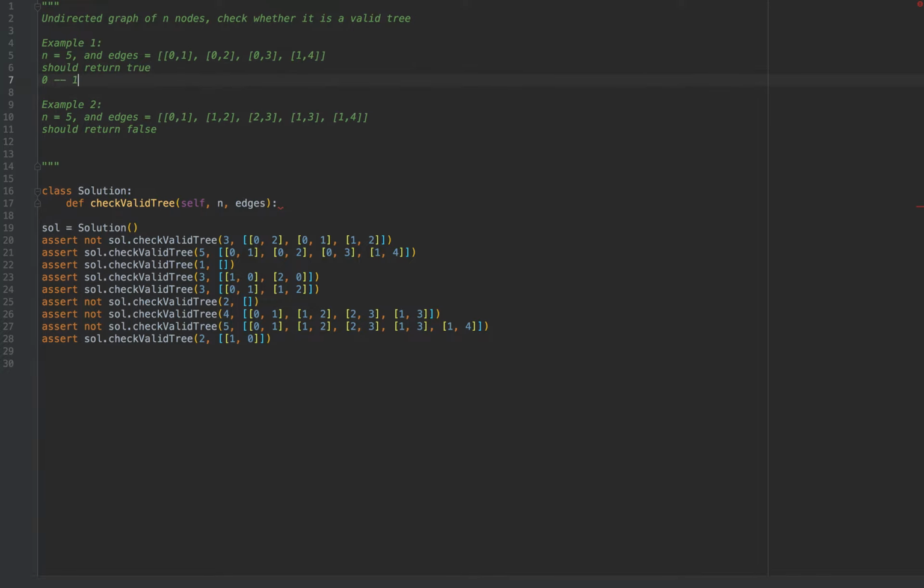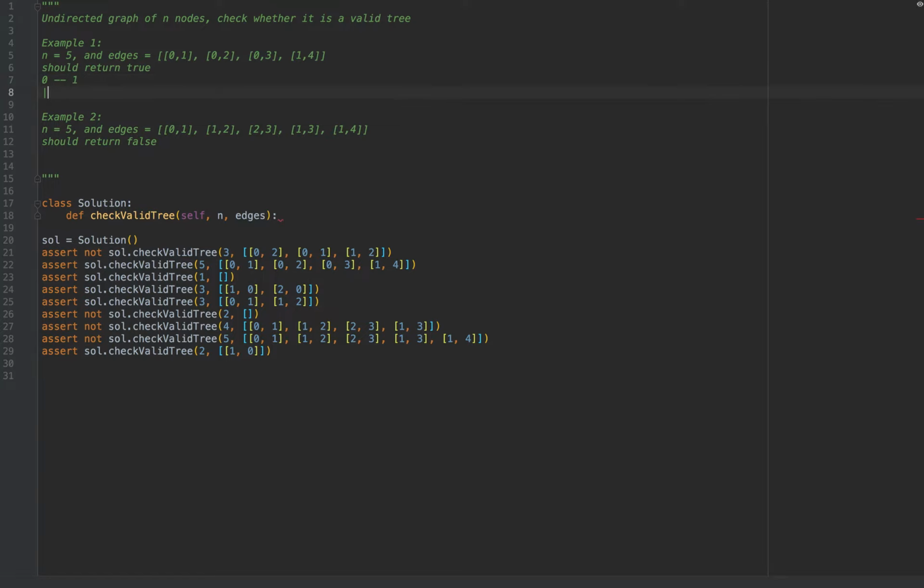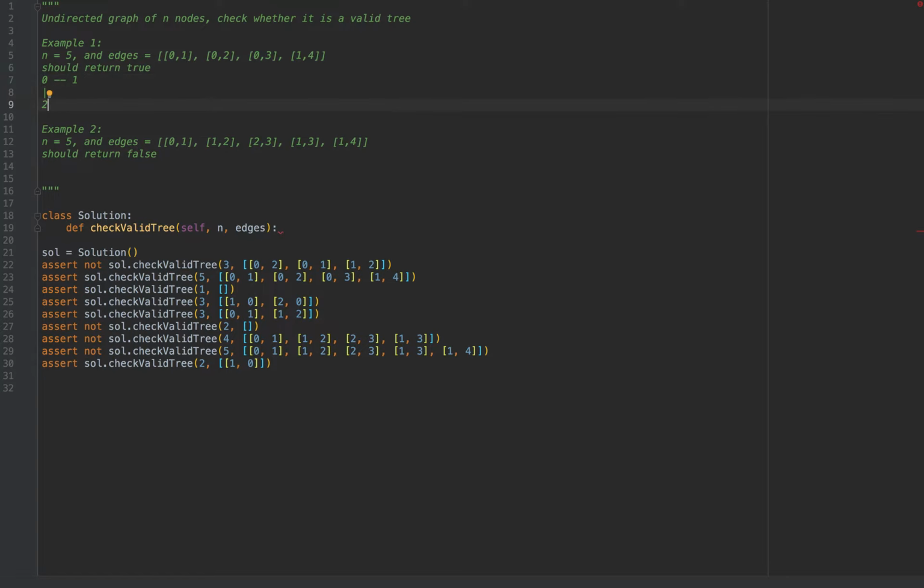So 0 connected to 1, and then 0 connected to 2, and then 0 connected to 3, so I don't know how to draw that, so let's say something like this. 0 is connected to 3, and we get 1 is connected to 4. So you can see here that